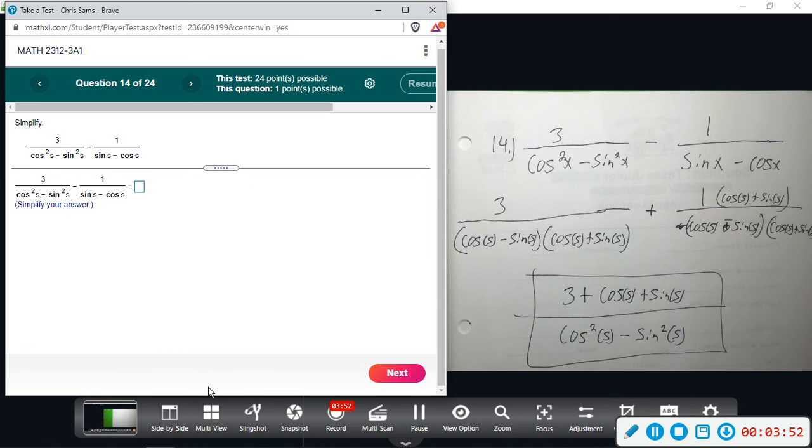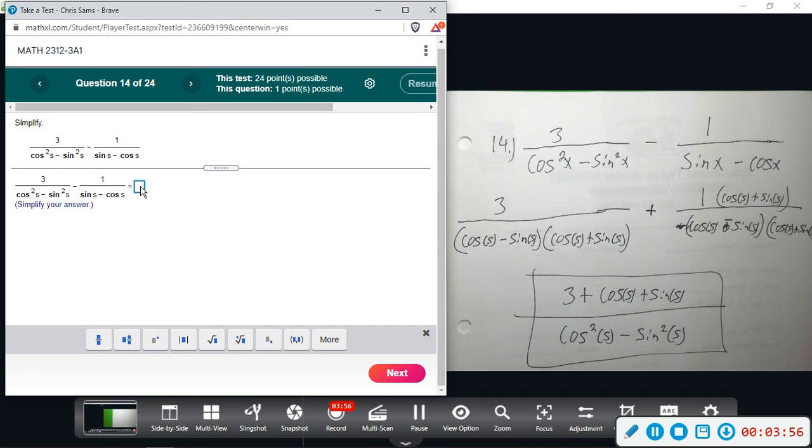Nothing else that we can really do, just combine those terms by getting the common denominator and adding or subtracting them. So division bar, 3 plus cosine s plus sine s, and then we have cosine squared